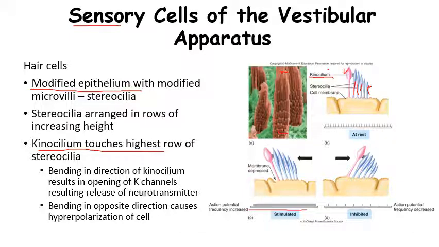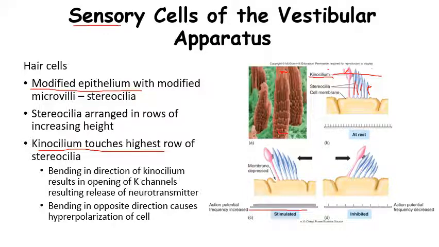But you can see bending in the direction towards the kinocilium. So if this is bathed in fluid, you've got to imagine that fluid, that endolymph, is running past here, and it would cause bending of these sensory cells, and bending of these kinociliums, or stereocilia